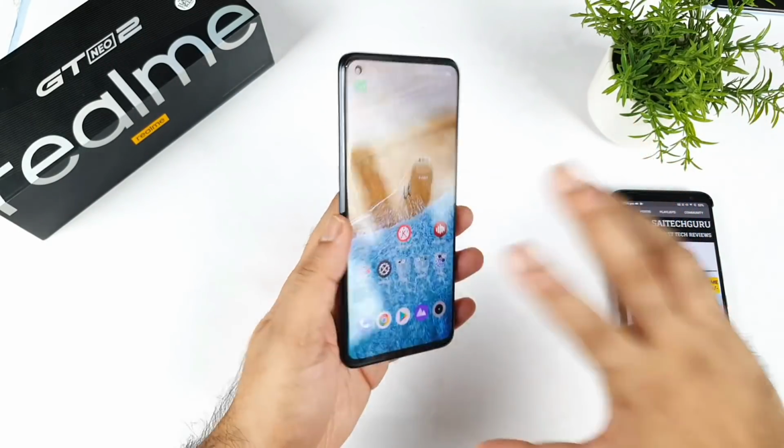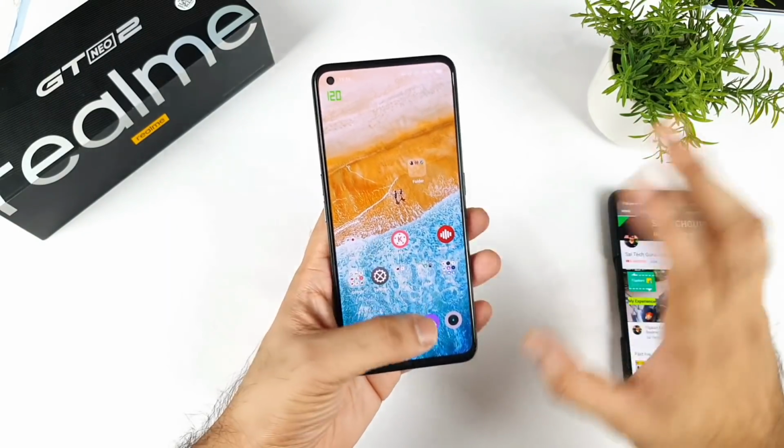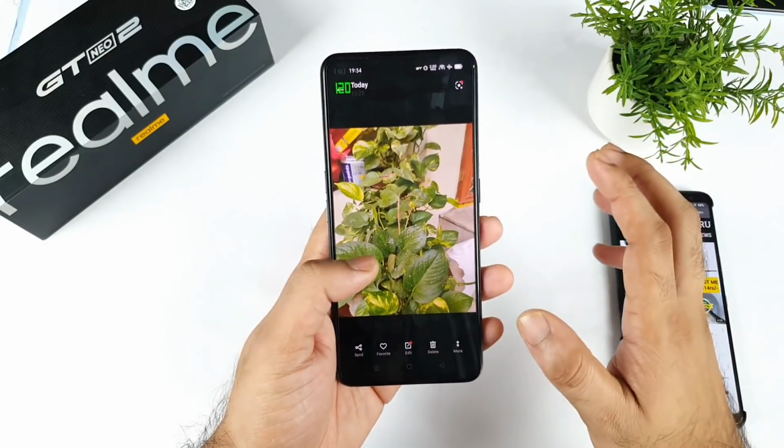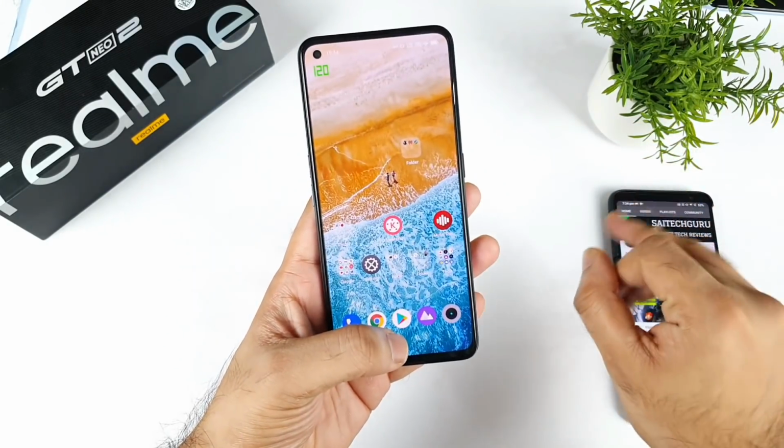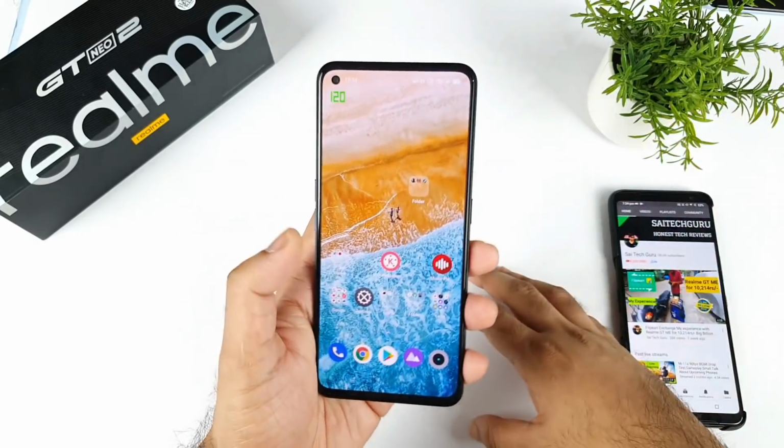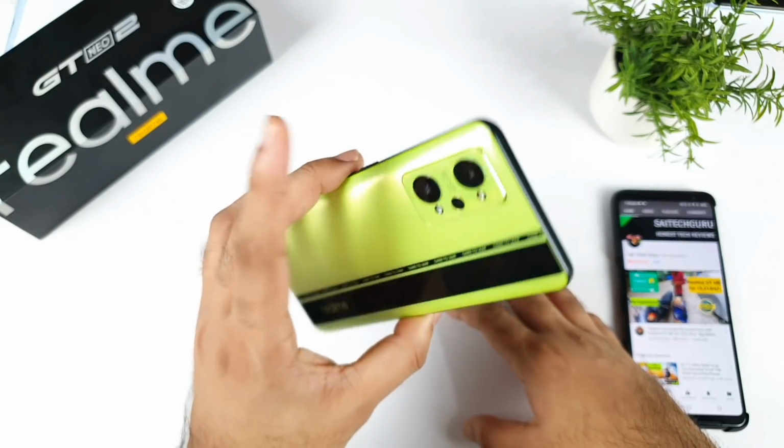Not only in the front cam, in the low light photography as well. So regarding the back camera, it's kind of okay, no doubt. In the macro lens also, no problem, kind of okay. But low light photography and the front camera can be problematic for a few users. Apart from that, there are not many other disadvantages.